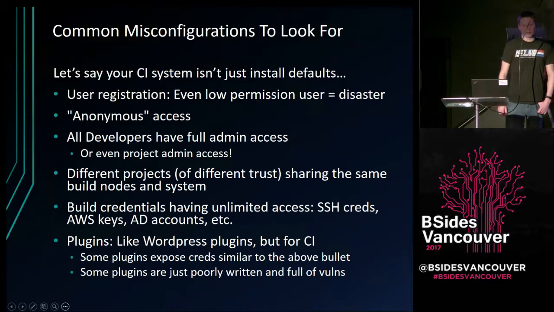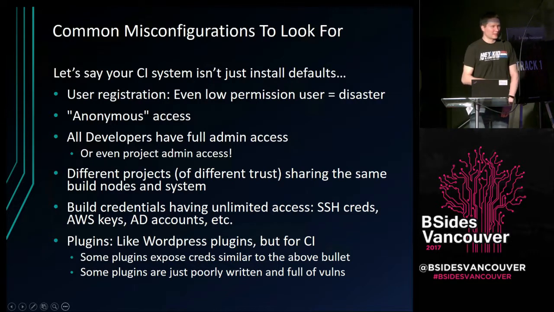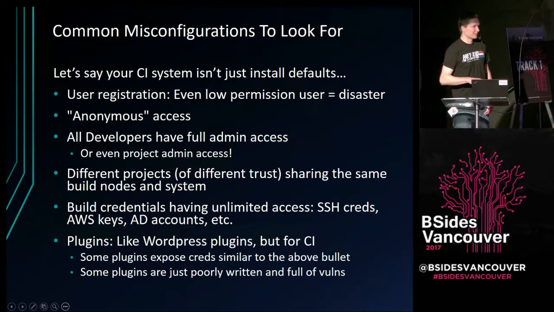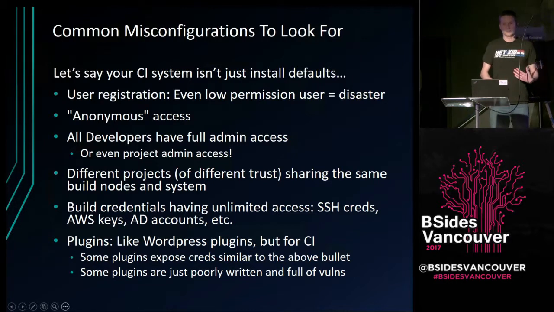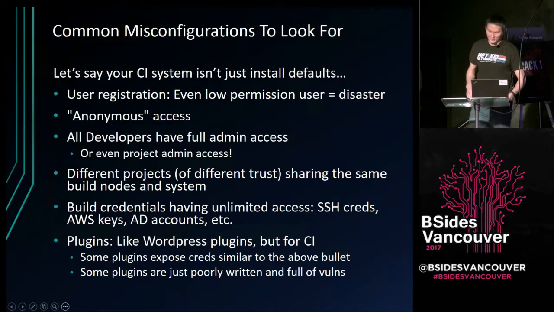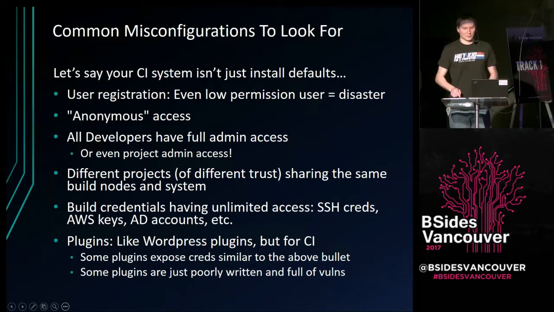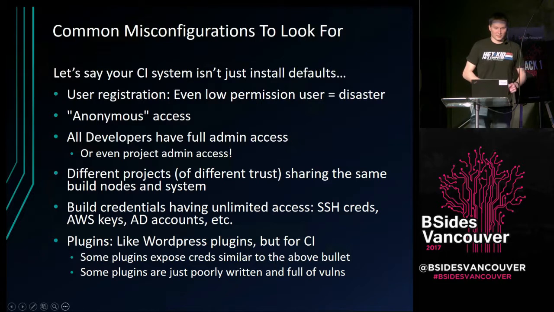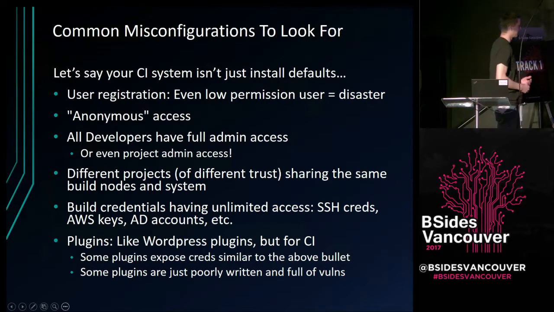So I think of CI systems like I think of WordPress. Off the bat, WordPress isn't great. People find hacks in it all the time, but it's actually not terrible. I wouldn't necessarily expect to sit down right now, download the WordPress source code, and come up with a vuln in a couple hours. But the plugins for WordPress, they're a disaster, and I would expect to find a vuln in 2 hours. Same kind of thing with the CI systems.